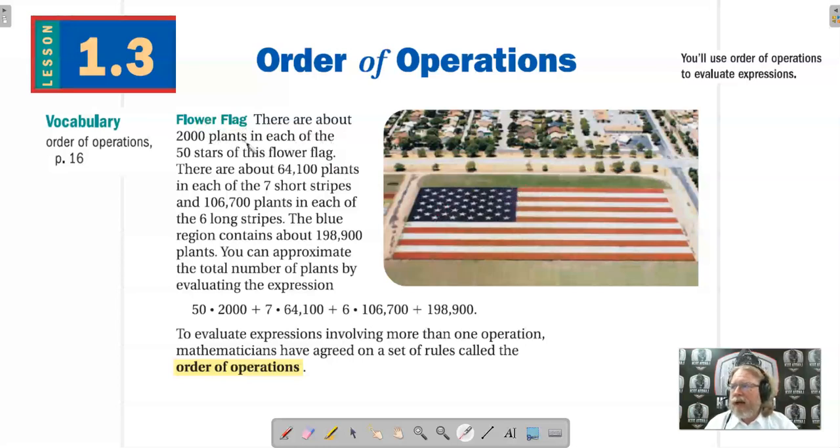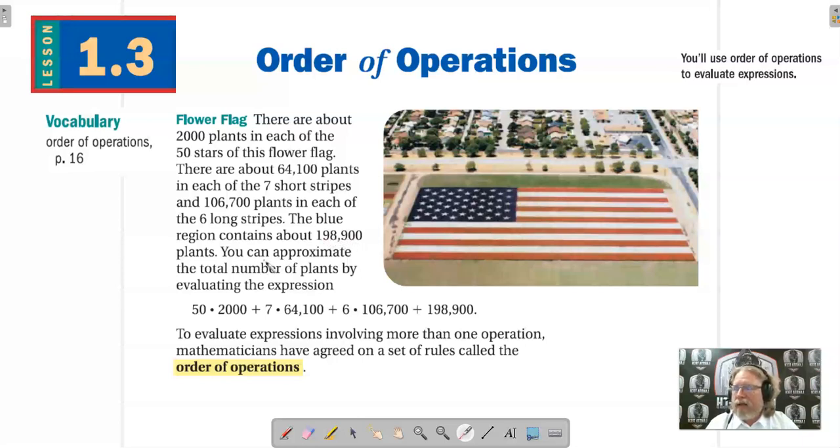There are about 2,000 plants in each of the 50 stars. So each one of these stars here have about 2,000 plants that make up the white stars. There are about 64,100 plants in each of the 7 short stripes. So we see the short stripes across here. There's 7 of those. And 106,700 plants in each of the 6 long stripes. So we have 6 long stripes, the 7 short ones. And then the blue region surrounding all the white stars there contains about